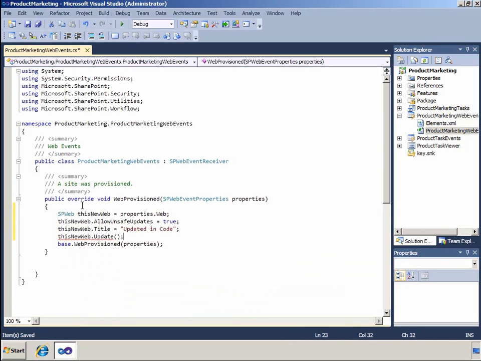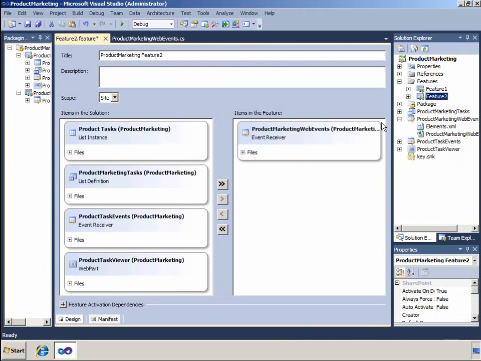Just a bit of housekeeping. We should then turn off allow unsafe updates. So now Visual Studio has added our new event receiver to feature 2, and that was initially created for the